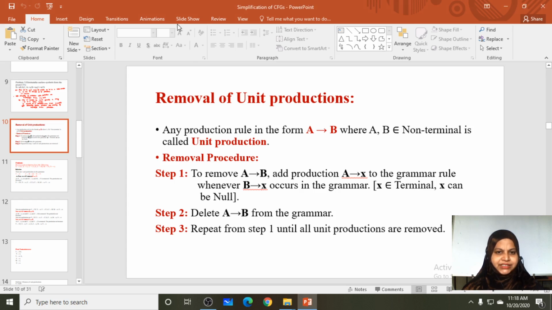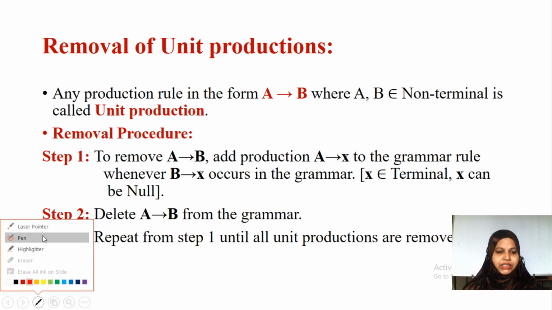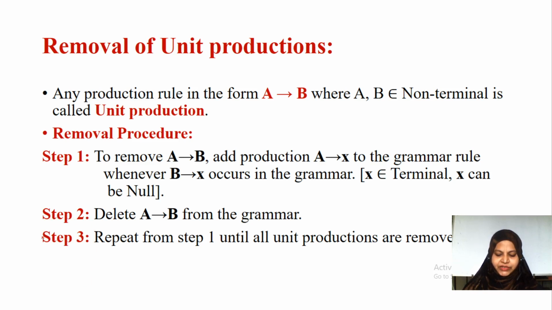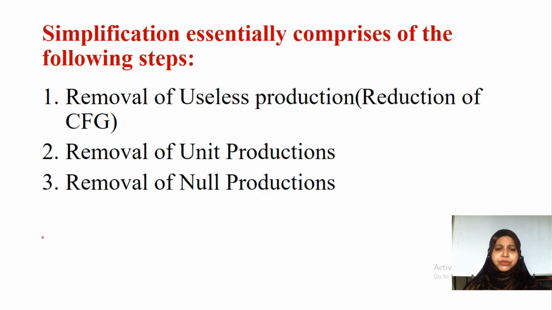Good morning, students. In the previous class, we discussed how we are going to convert a CFG into its equivalent grammar. Whenever we convert any CFG to its equivalent grammar, we have to remove the useless productions, remove the unit productions, and remove the null productions, right? In yesterday's class, we discussed how we are going to reduce the given grammar